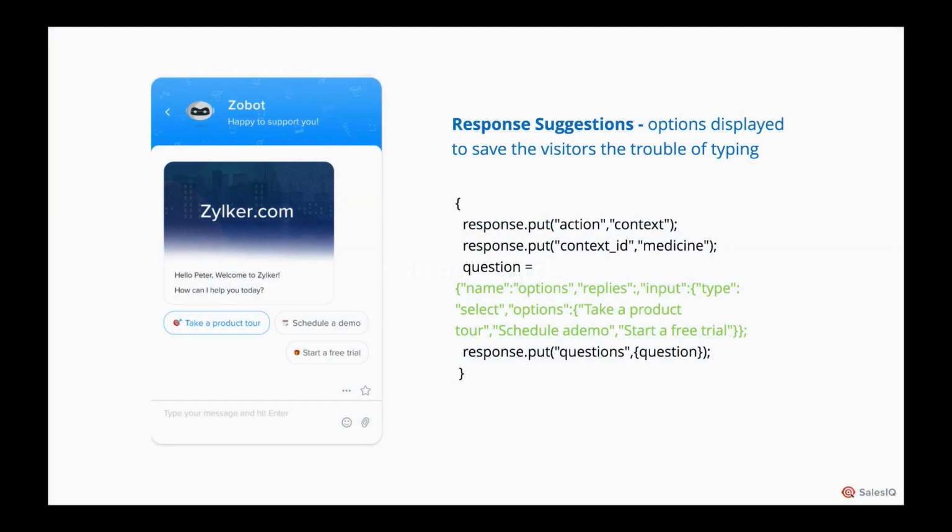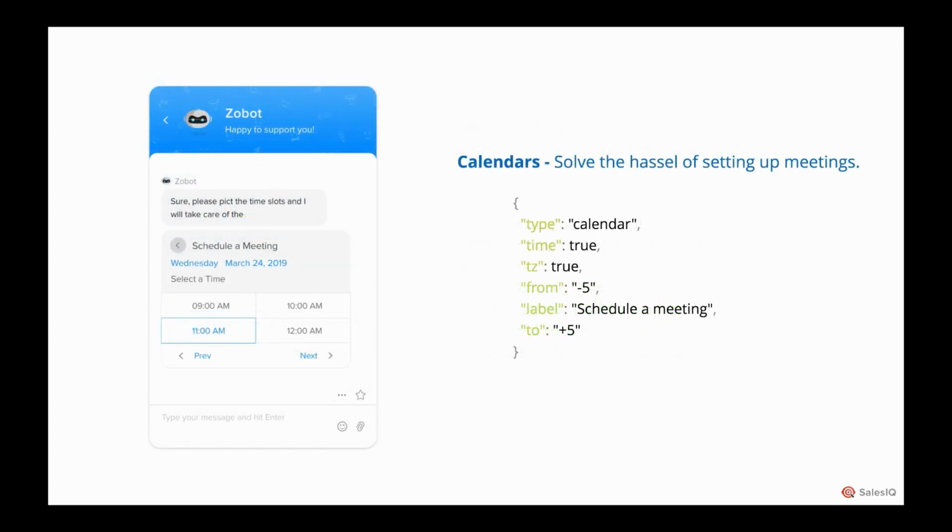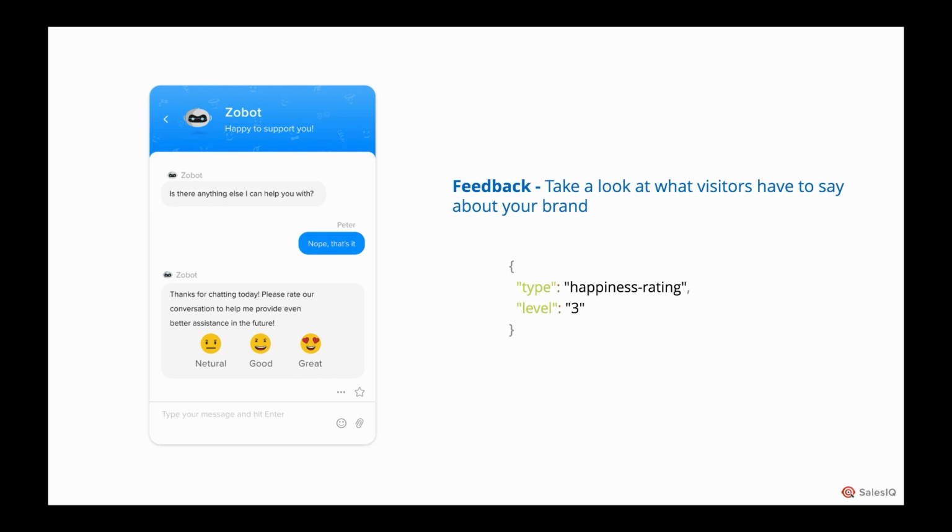So here you can display options to the visitor to choose from so that they can save themselves the trouble of typing. And then you have calendars to help you solve the hassle of scheduling appointments and meetings manually. You can also use range calendars for the same. And then you have feedback widgets like star widget, star rating, happiness rating, and like button